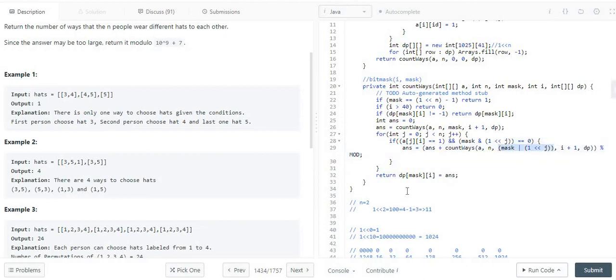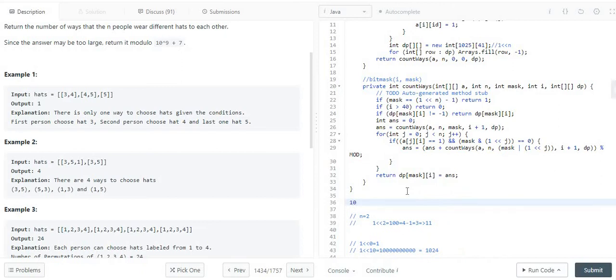For example, if this is the set of mask, and I want to assign the hat value to that person, say if nothing is allocated and I want to allocate the second person a hat, that's why this or operation is there.